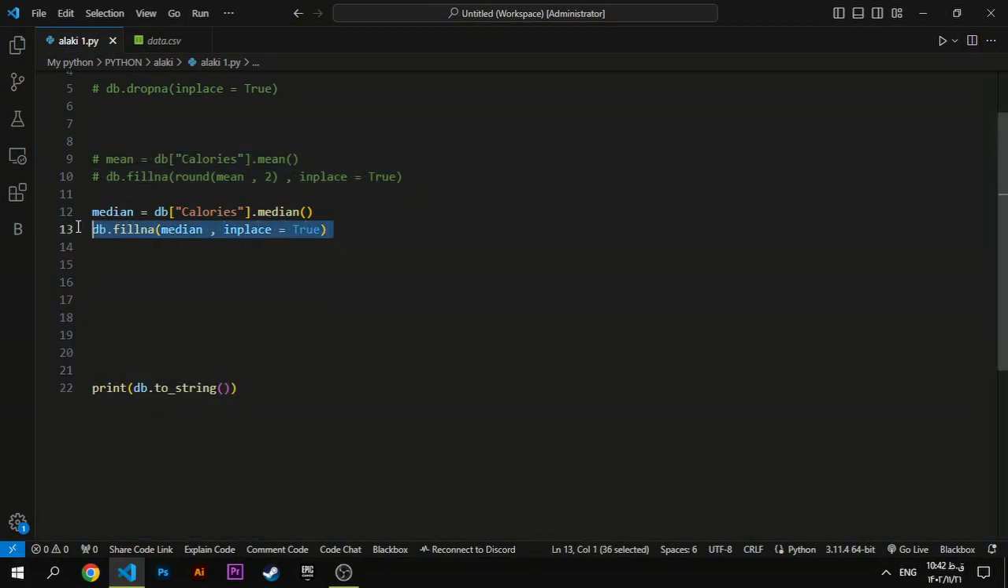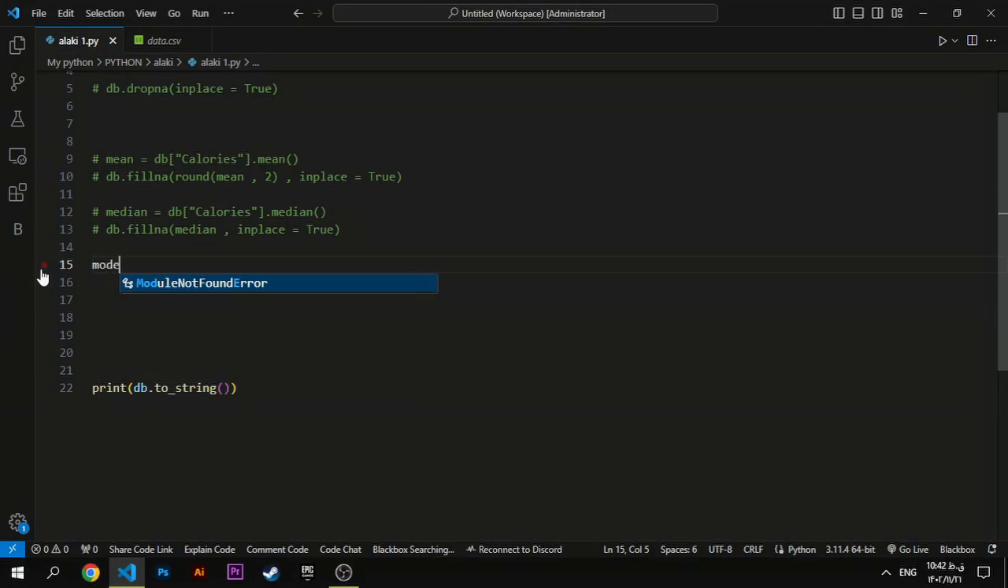And the last method of fillna is the mode. Mode is the most frequently placed data in your database. For example, if 10 of the data has 100, this method places 100 in the none and empty data. Okay, I play mode equals db calories